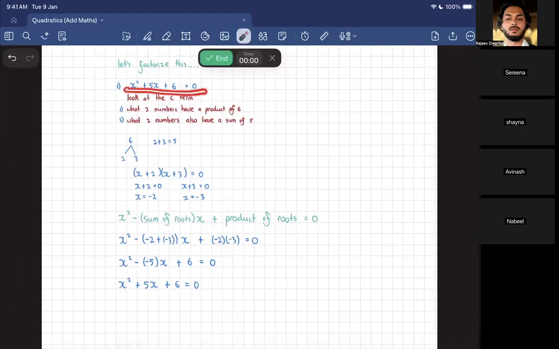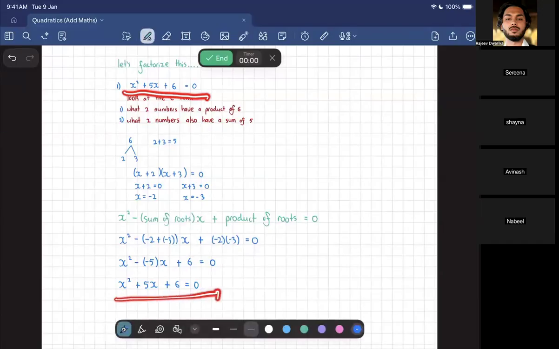Avinash, doesn't this look very familiar to what we started off with? Yes, sir. It's the exact same thing. Serena, you see what I'm talking about? Yes, sir. So, Serena, if you want to reconstruct a quadratic, you can use this equation, granted you know what